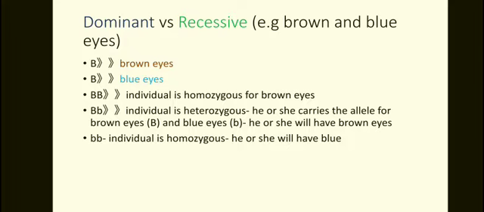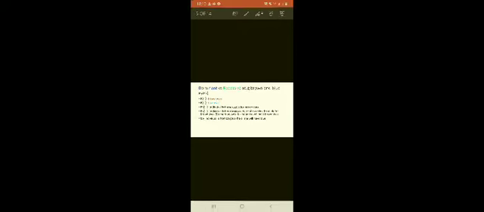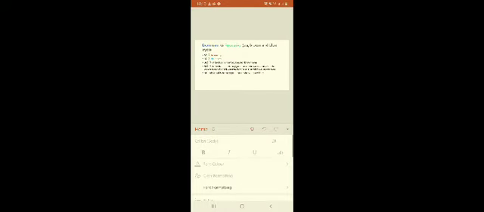So we write it with a capital letter. There's a mistake here that must be changed. Let me zoom out. So we can change it, otherwise you're going to get confused. So you have to change this. So what we are saying is that